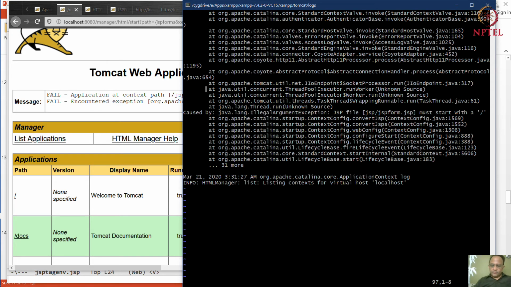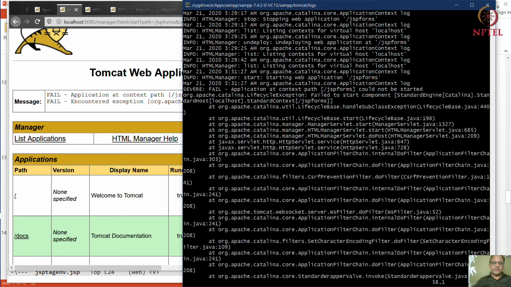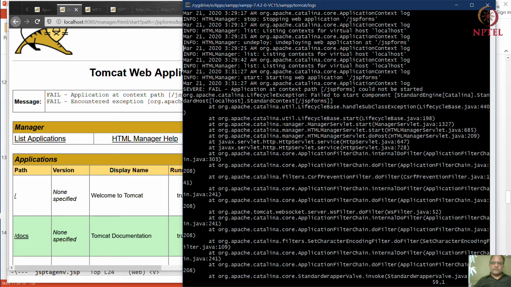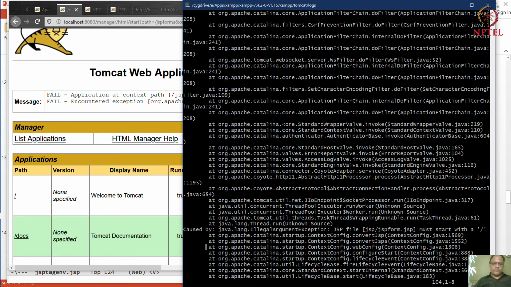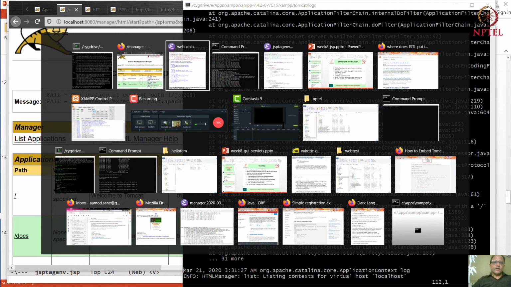And if you didn't pay attention to all these details, it is very easy to get lost in all this. So severe fail, then there is some exception, and finally you find it in the "Caused by". So that's one of the more painful aspects of this thing.